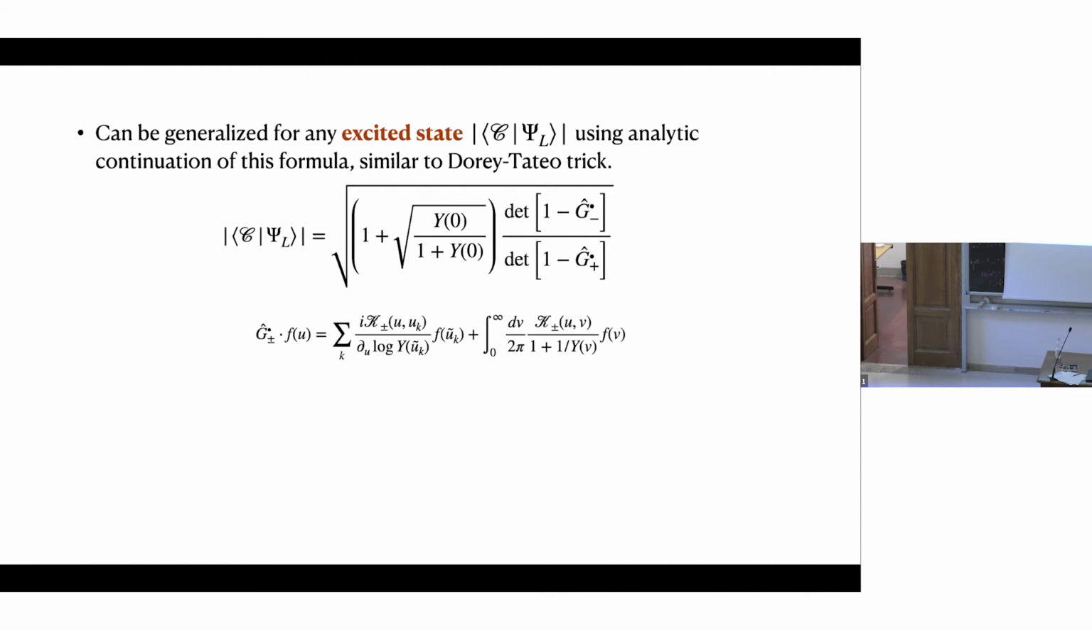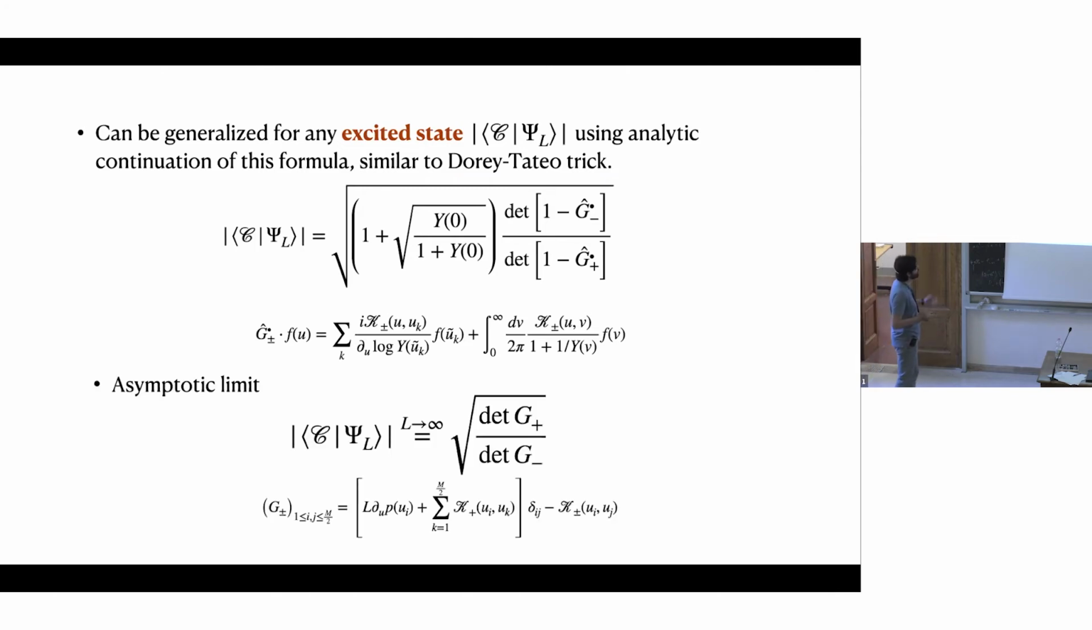A little note: we have computed the crosscap overlap for a crosscap state and a ground state of the model. But we can also generalize to any excited state of that model by something called the Dorey-Tateo trick, or analytic continuation. It's a slightly technical thing, but it's just to say that we can also generalize for any overlap in the model. And an observation is that when we take the asymptotic limit, which means taking L to be very